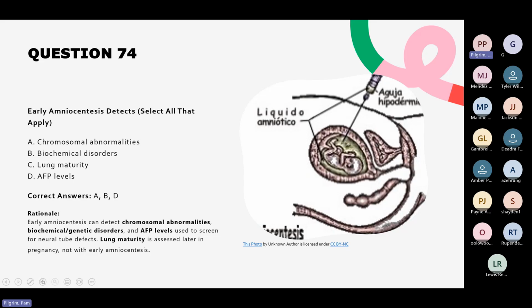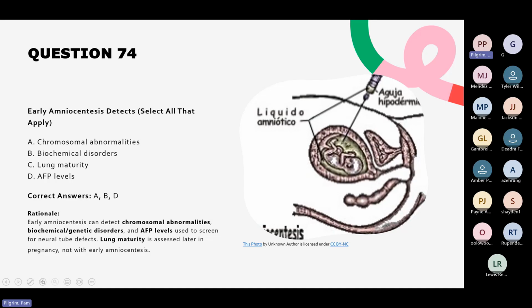We are looking for biochemical disorders, and I think that this question is slightly misleading as far as the amniocentesis itself is looking for the biochemical disorders,